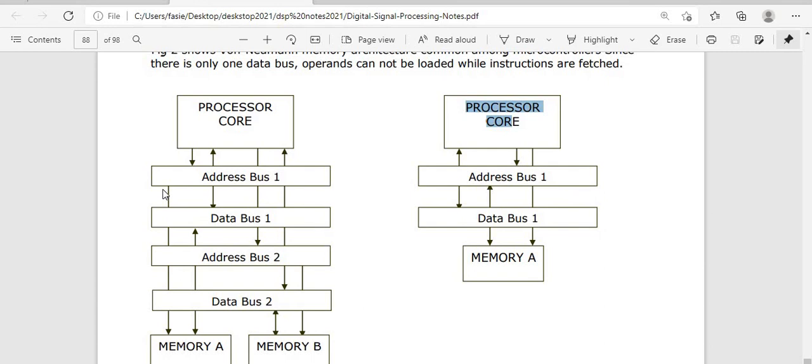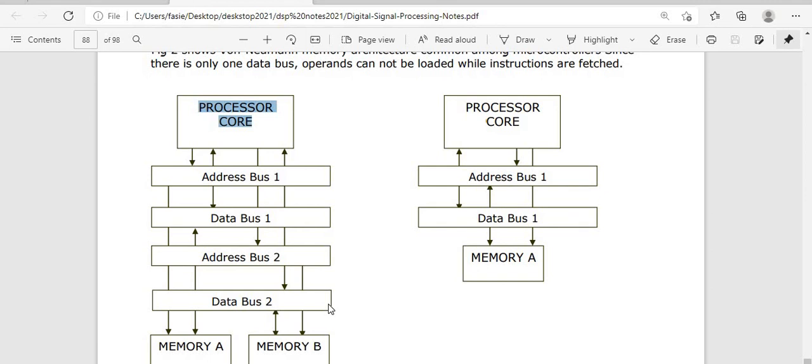This processor is going to take the address. It's going to perform from the one address bus to the data bus, and it's going to perform that particular task. But here, what we said, it has two addresses. Whatever data we are passing with data bus 1 will be passed to memory address A. Similarly, we have the next address bus 2 that is used for the next memory address B. When we have this kind of thing, multitasking can be done by using this particular architecture for the processor core, for a single way and for the two buses as well.